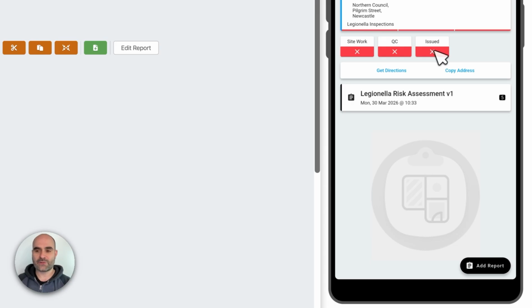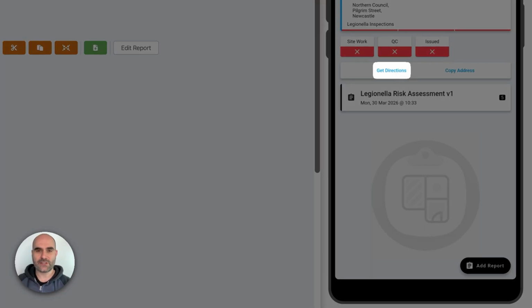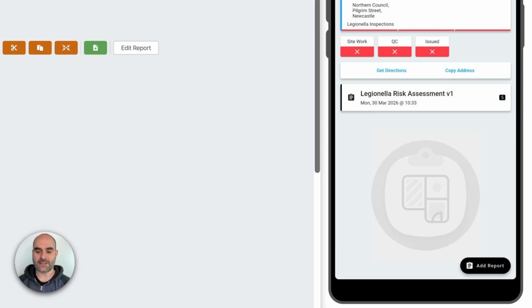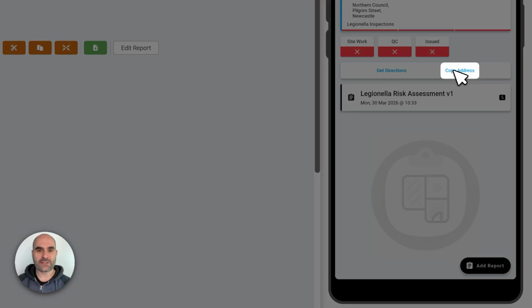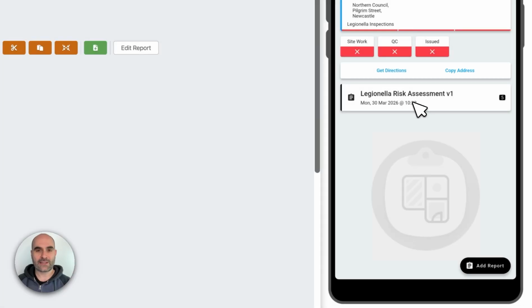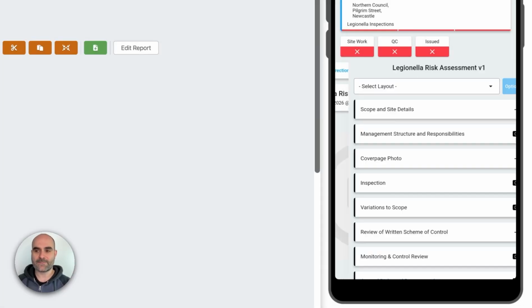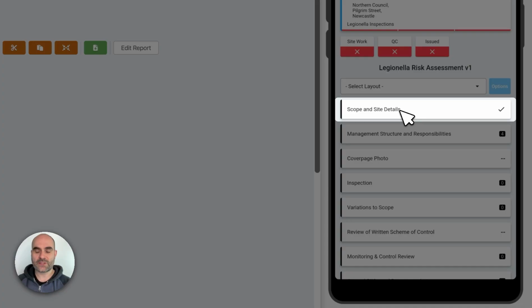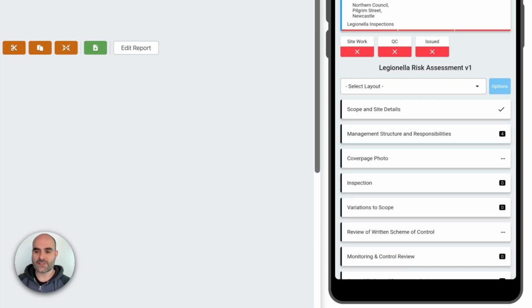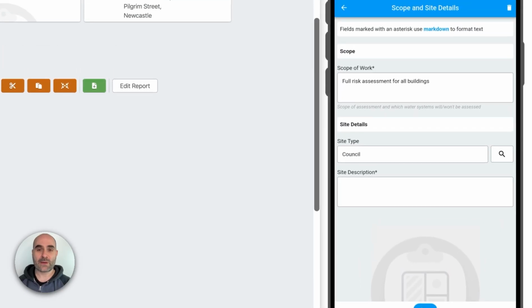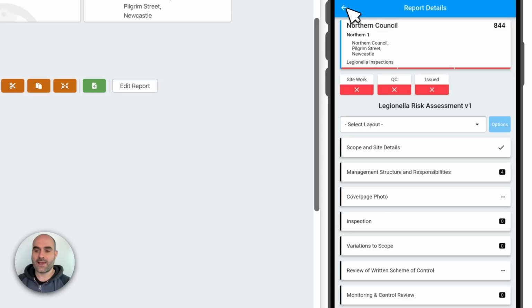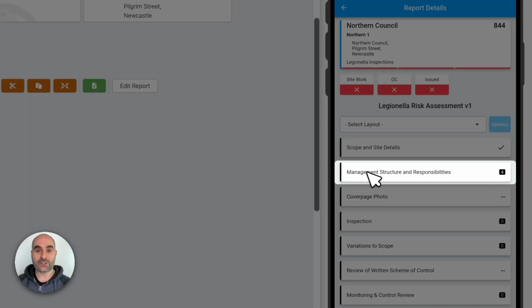Now, the first thing you might want to do on site is to press the Get Directions button. This will open up Google Maps and take you to the site. Alternatively, you can press Copy Address and then paste it into a third-party navigation app. I'm now going to drill into the report and let's see what we've got here. So first of all, you'll see the scope and site details has been ticked, showing that we've completed this part in the office. Let's open this up, and we might want to just check the scope at this point before we start the work. Let's go back, and we can also see the management structure responsibilities has been partially completed,